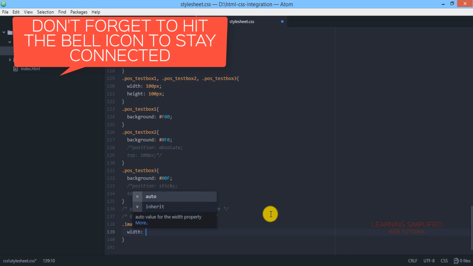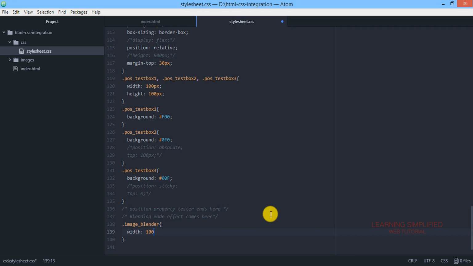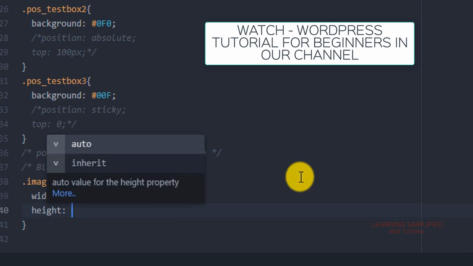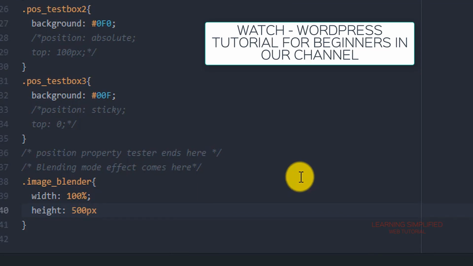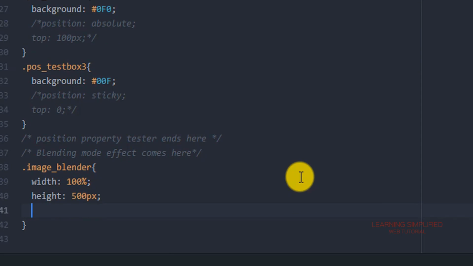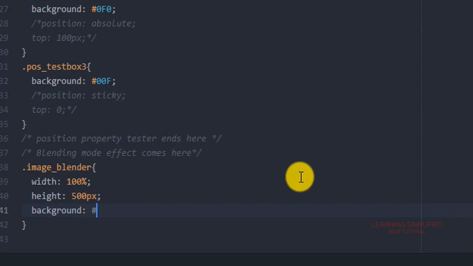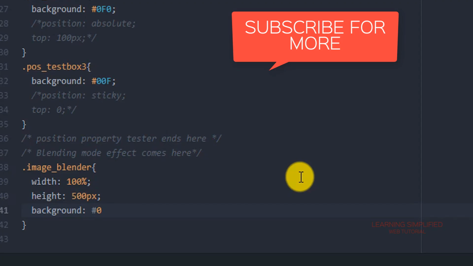In the very first case, we are going to create these things over here. So the width is 100% for this certain time period. Then we are going to provide a particular height. Now in case of this background, you may provide here a green color. There it goes. So we have provided a green color over here.